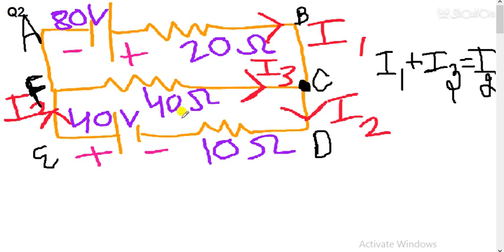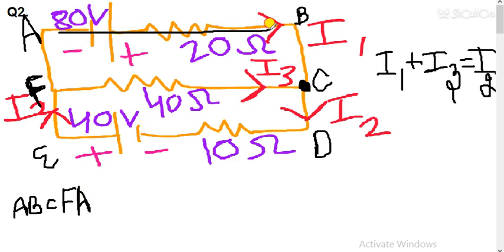Now I am taking the first closed loop. Let's take the first closed loop as B, C, F and A. So this is the first closed loop. I will show it to you: A to B, B to C, C to F and F again to E. I am taking this closed loop first. I hope the closed loop is clear.